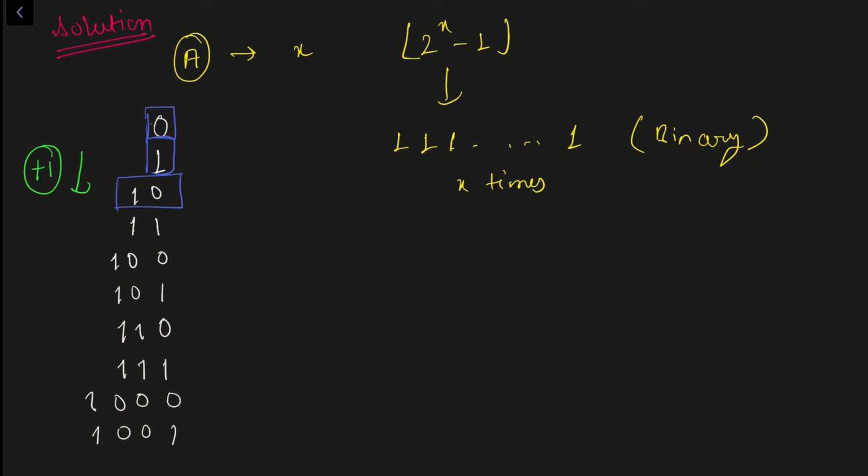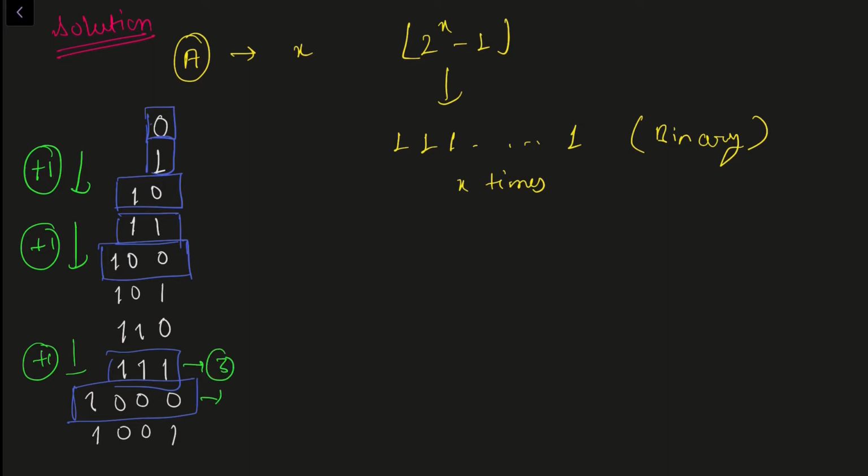Similarly, if we look at this place, we have 1 1, then we have 1 0 0. Again we have increment of 1 in the number of bits, and similarly at this place I can see an increment of number of bits, right? Because here it is 3 and here it is 4. Now whenever we see an increment in the number of bits, we can see that the lowest number with x bits, we can XOR it with the highest number of x minus 1 bits, and we'll get a number with all x bits set, right?